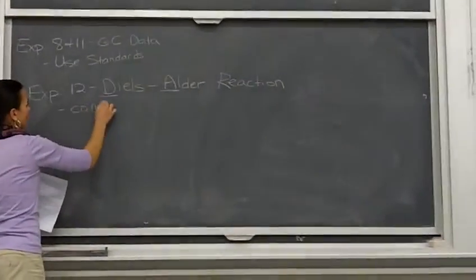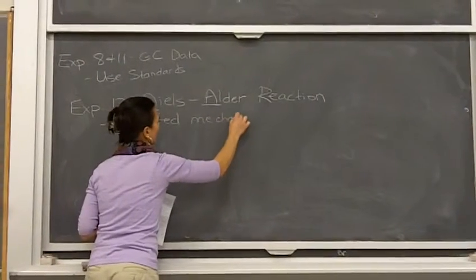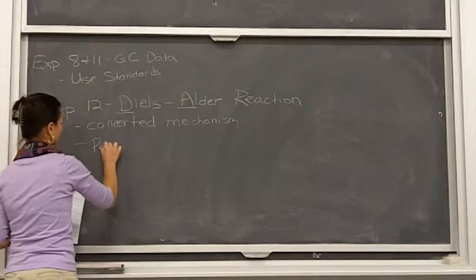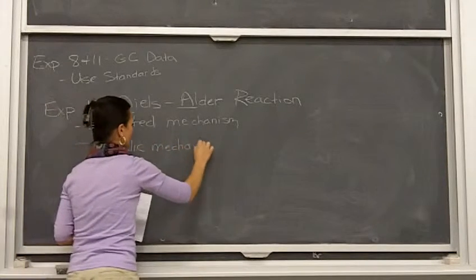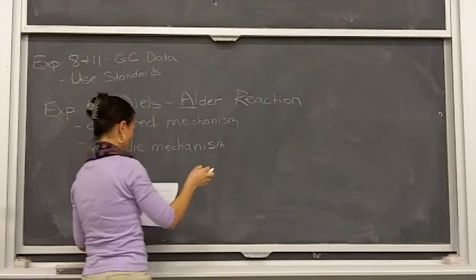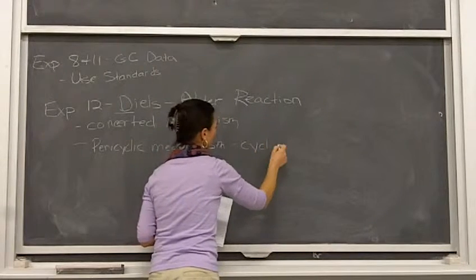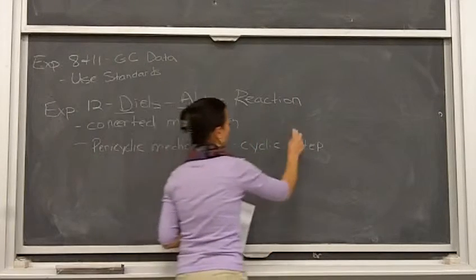So it's considered concerted. We can also talk about it being pericyclic, so I'm going to put some of these things on the board as ways we describe the Diels-Alder reaction. It's a concerted mechanism, so one step. It's a pericyclic mechanism. So that means that we've got a single step with a cyclic transition state. So not an intermediate. We don't go through an intermediate. It's just a transition state. Cyclic